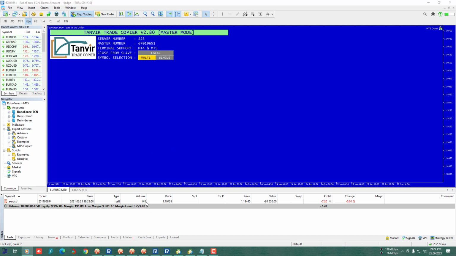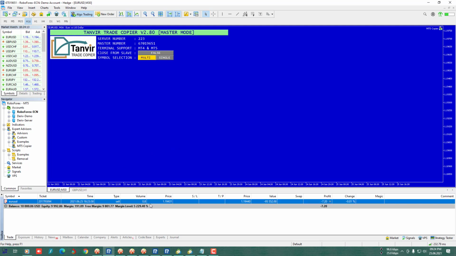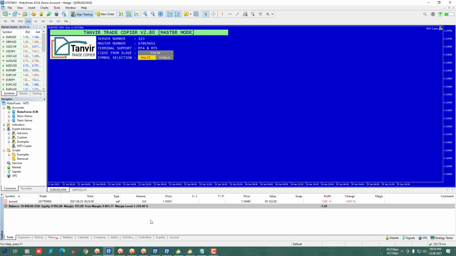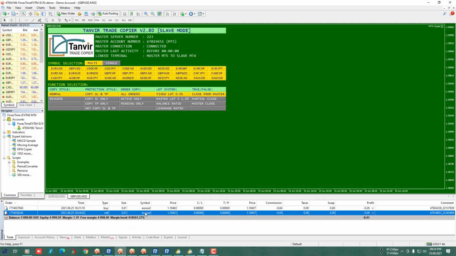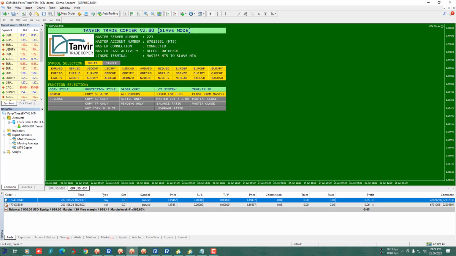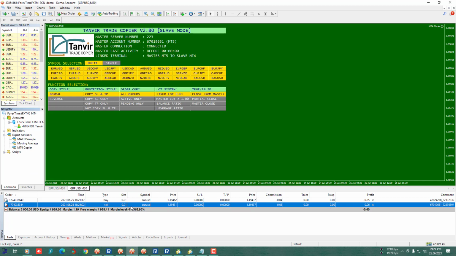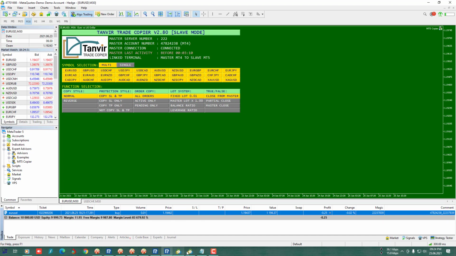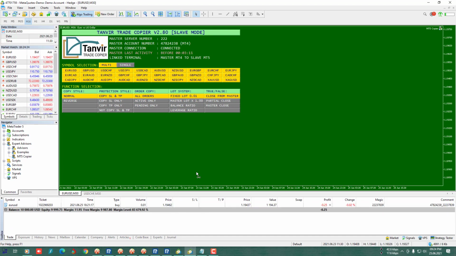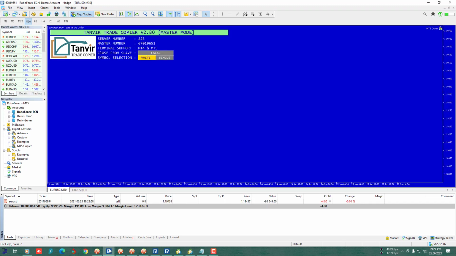Now the order from the second master account is opened with lot size 0.80, and see these two slave accounts have copied that order successfully. These remaining 5 slave accounts did not copy the order of the second master account because we did not connect these 5 slave accounts with this second master account.